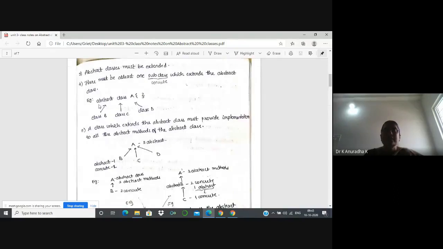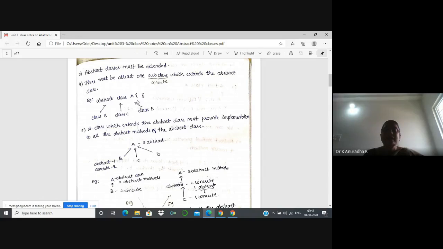Now the advantage of abstract method over concrete methods is once you define the abstract method in an abstract class. Okay. I will explain with this example. So here in this abstract class, I will define one abstract method. You know, an abstract method means there is no method body and it must end with a semicolon. Who will provide the implementation to that abstract method? All these three classes.